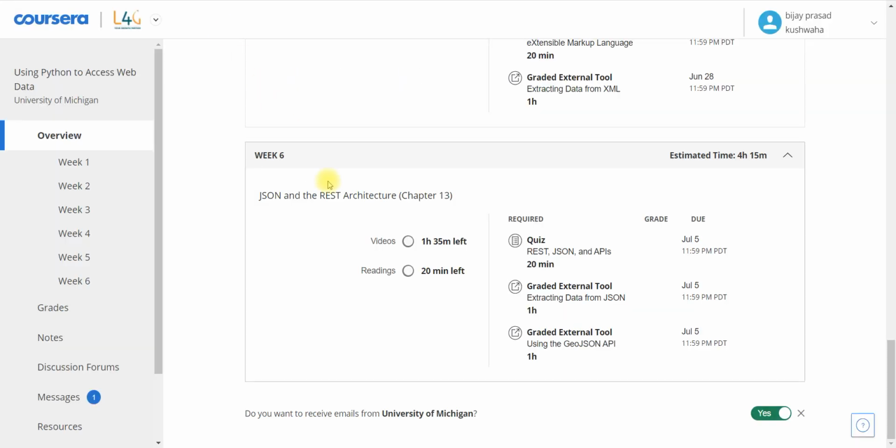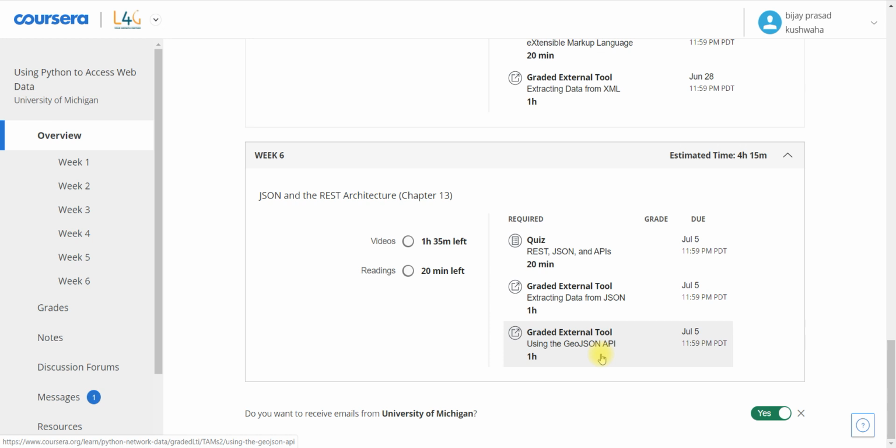Coming to the matter, dear subscriber, the problem I am going to solve is from the sixth week of the course Using Python to Access Web Data, and it is the last problem: find the place ID using the GeoJSON API. But when we go inside the problem, you actually have to solve it using the JSON API.